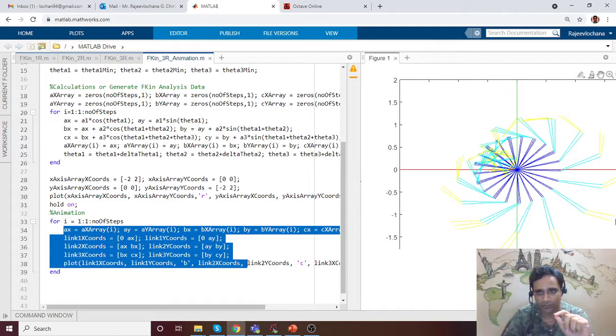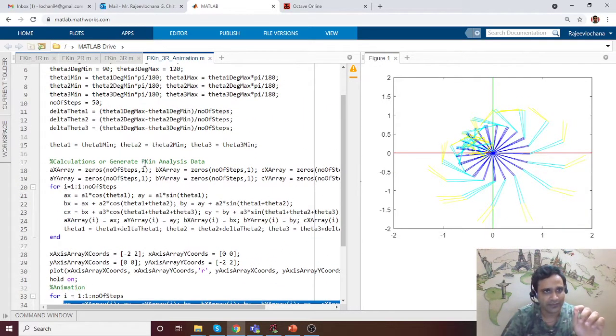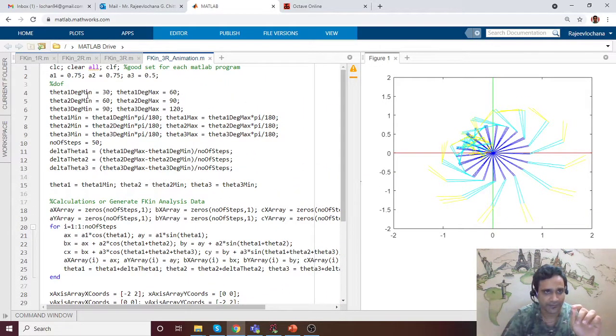We didn't want so many lines to happen. Somewhere in that conversion there is a mistake. Degree, yes, so this is where the mistake is. I wanted delta theta 1 to be between theta 1 max. This happens. I am doing it on the fly so that we understand where the mistake is.